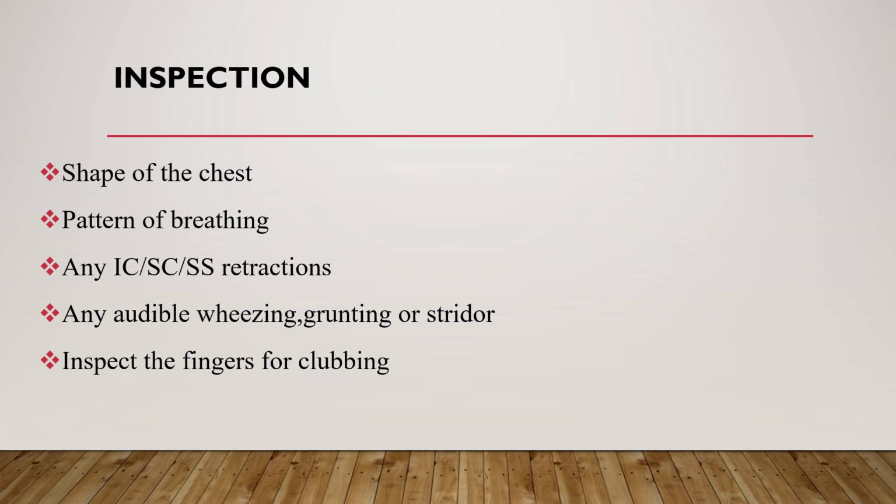bluish discoloration or cyanosis. Cyanosis occurs when the concentration of deoxygenated hemoglobin is 5 grams per 100 ml of blood. So, in severe anemia, in spite of hypoxemia, cyanosis may not be detected as there will not be enough hemoglobin to be deoxygenated to result in cyanosis. So, in addition to inspecting the lips and tongue for bluish discoloration or cyanosis, inspect the fingers for clubbing, and